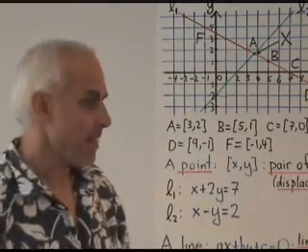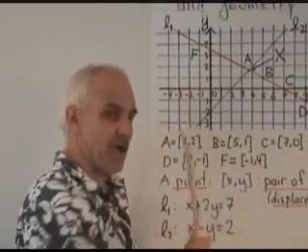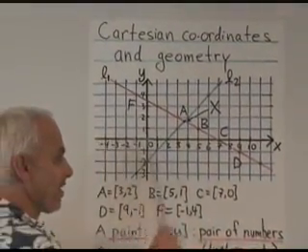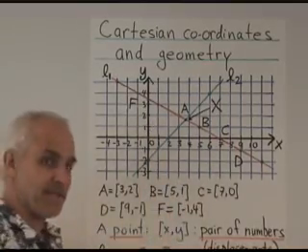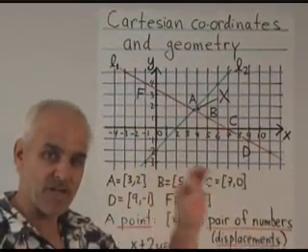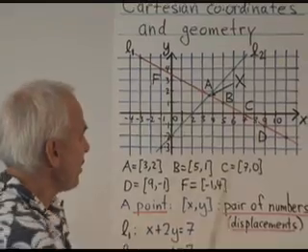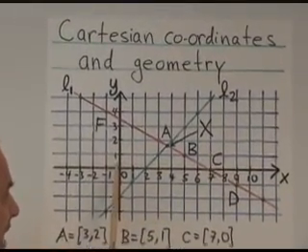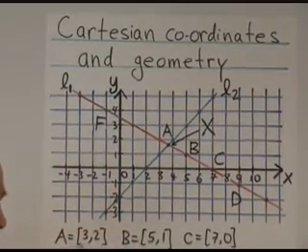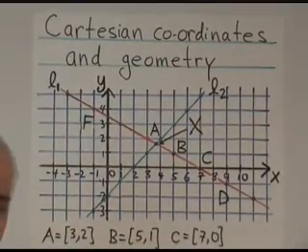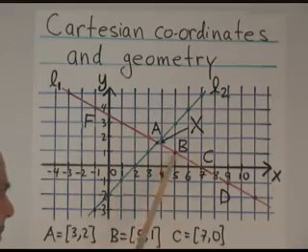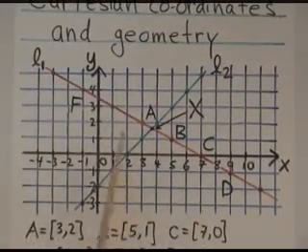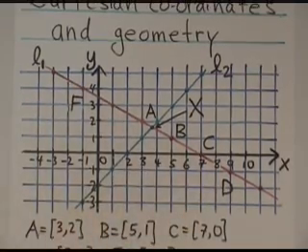Today we're going to have a look at one of the greatest innovations in mathematical history, the introduction of Cartesian coordinates in the plane by Descartes and Fermat. The main idea is to think about the plane not as an empty space, but as a grid of lines with an x-axis and a y-axis that allows us to pin down the position of any point. So for example, this point here, A, has x-coordinate 3 and y-coordinate 2, and so it's represented by the point (3, 2). Point B here is (5, 1), and so on. I've listed 5 points which all happen to be in a straight line.